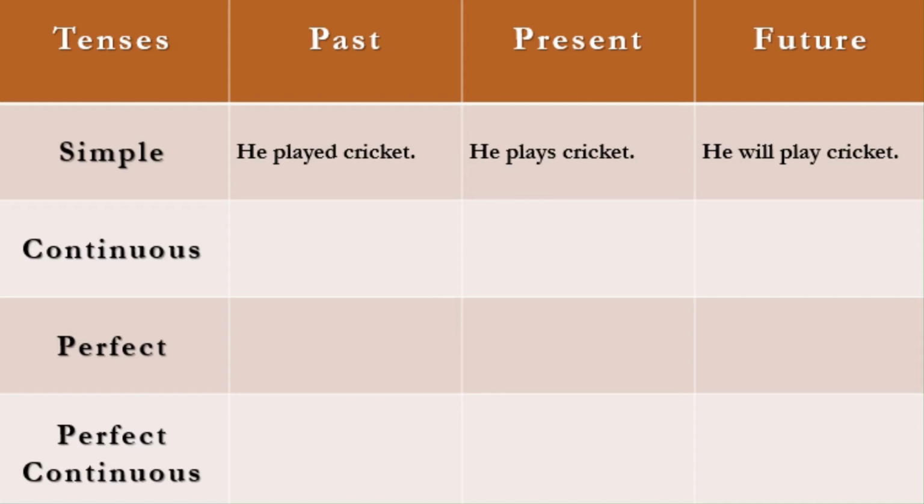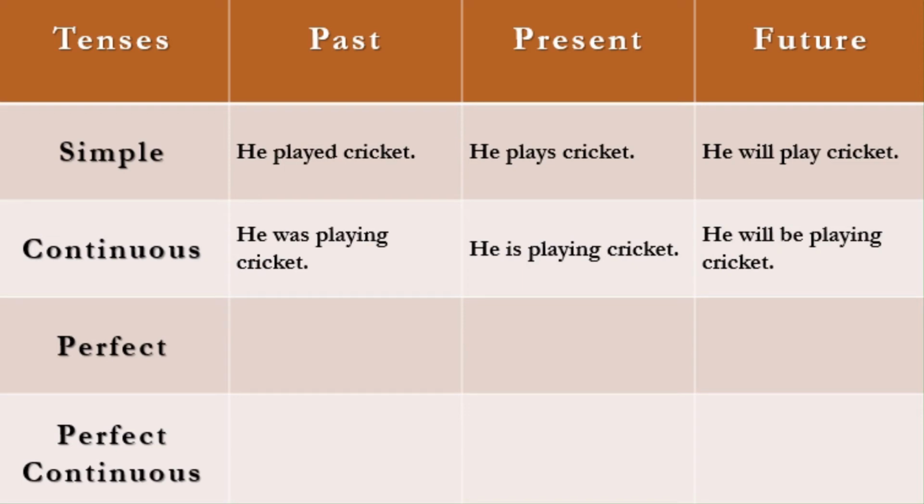Otherwise, if I'm using I as a subject, there's no need to write plays. Then I would say I play cricket. But in this case, because it's he, the verb has to be written as plays. The S has been added after the present form of the verb. Now moving on to the next structure, the future simple: he will play cricket. Not much difference, you just need to add the helping verb will. And then the next box, just have a look at it. One of the easiest in the category is the continuous tense.